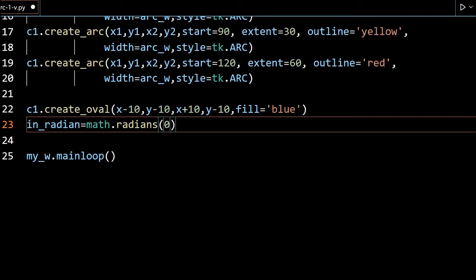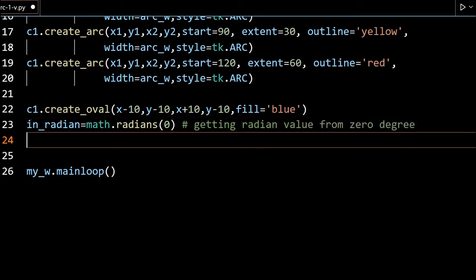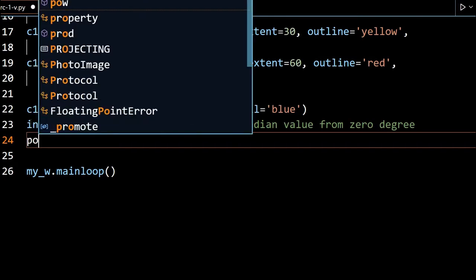Vertically means 90, 0 means it will be aligned horizontally. So you can change it to 90 also. I am just writing it, getting the radian value from 0. So you can understand why: all my sine and cos functions require inputs in radian. They will not take degrees.